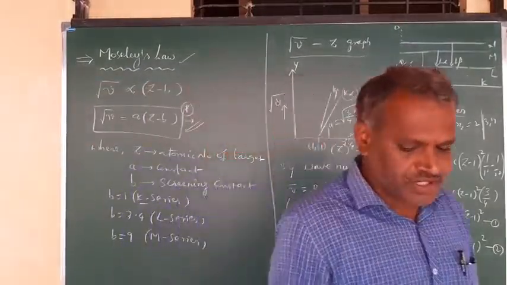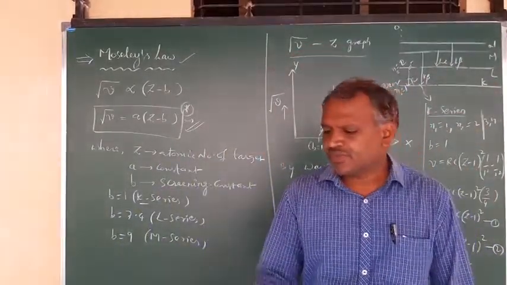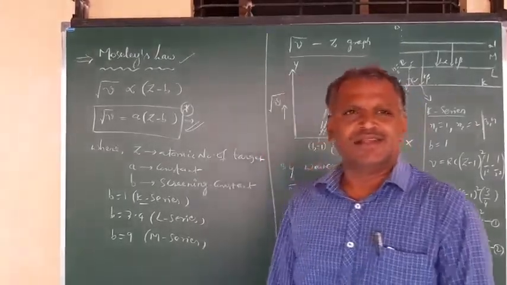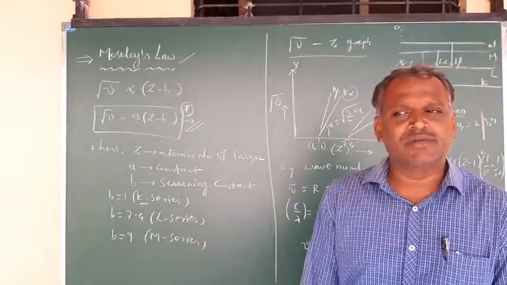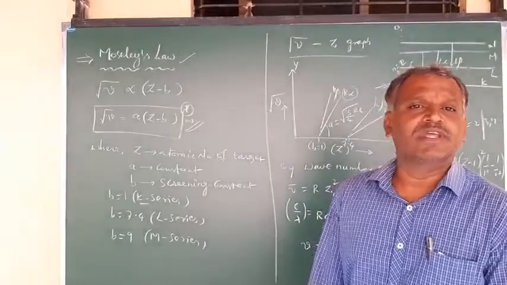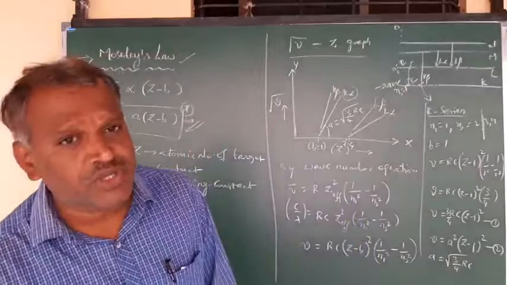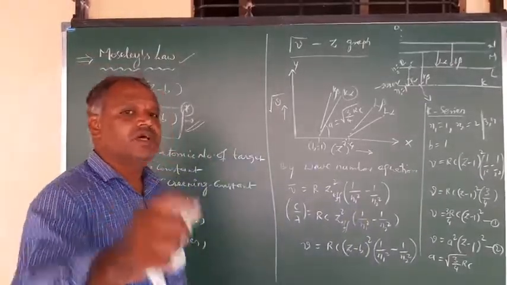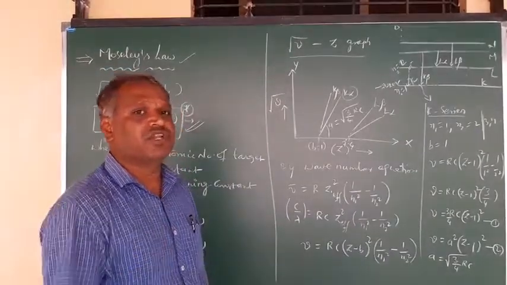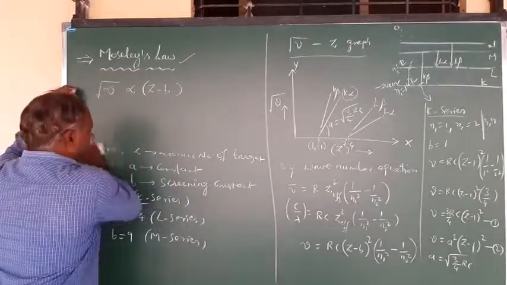And next, there is one more concept or topic, which is related to the particle nature of light. Radiation has a dual nature, a particle nature as well as a wave nature. The photoelectric effect is a particle nature of light or radiation. There is one more effect, the Compton effect, which also gives you the particle nature of radiation. So what is the Compton effect, what observation is related to it, and what equation is provided? We will see that now.